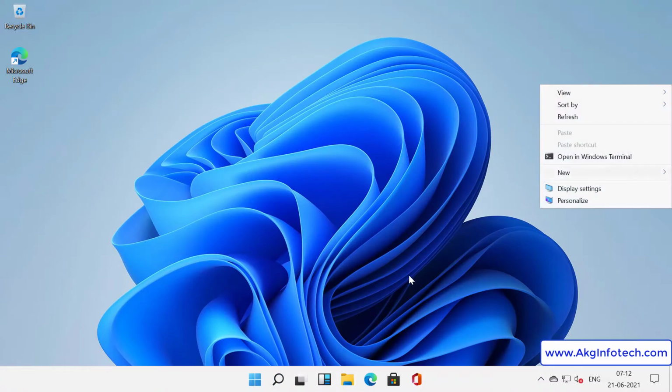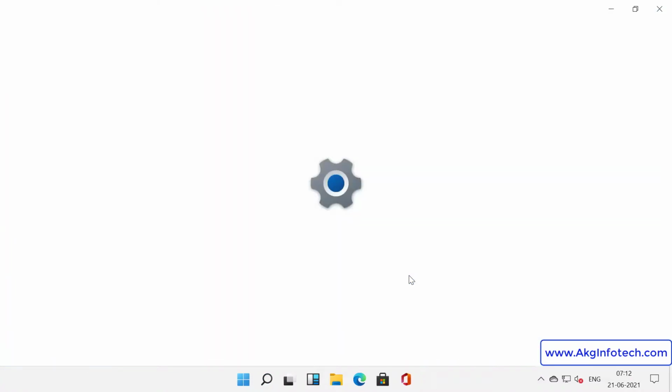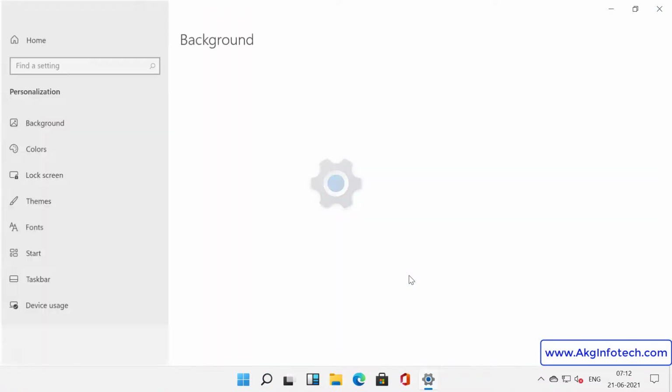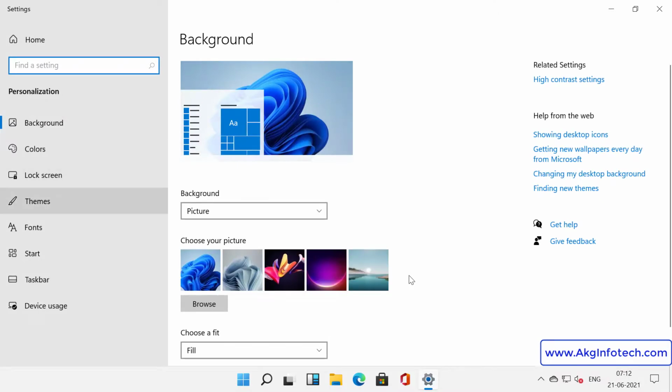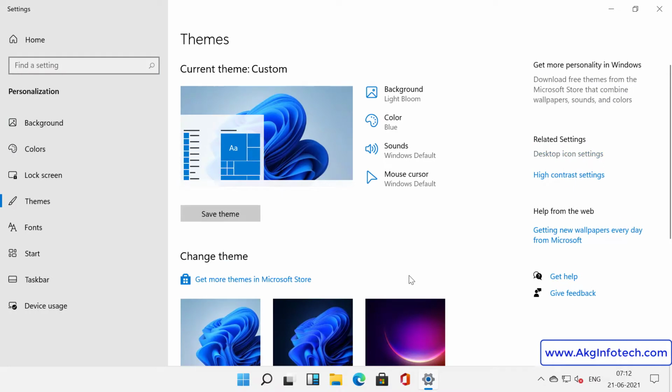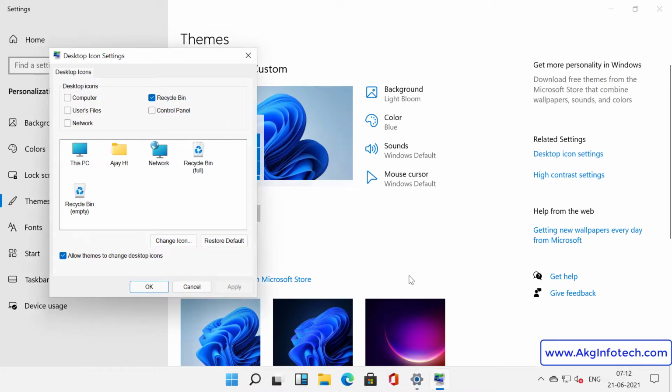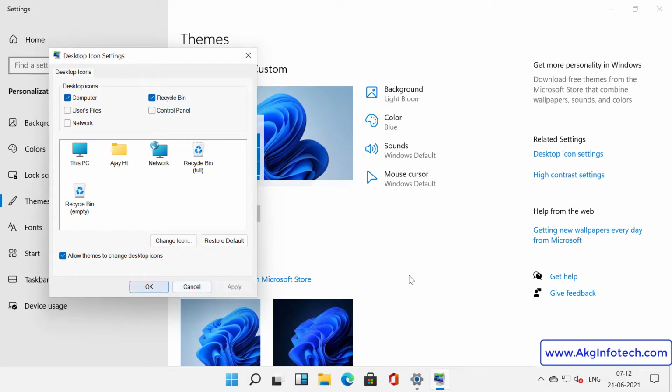Right click anywhere on the desktop and then click personalize. Then click themes at left hand side and then desktop icon settings at right. Make a check on computer and apply and then click OK. You will get this PC icon on your desktop now.